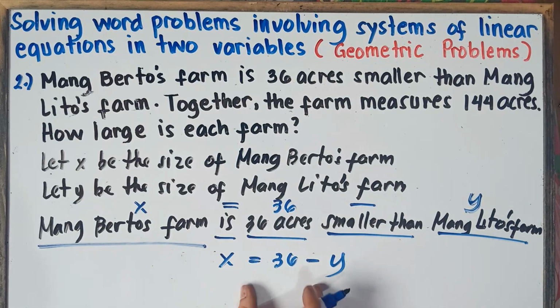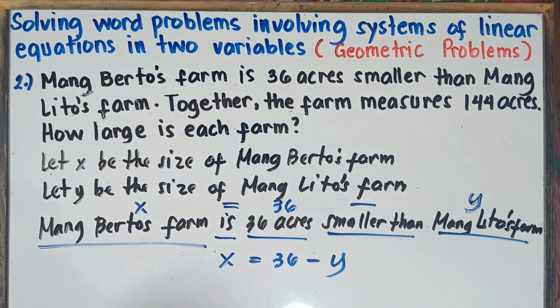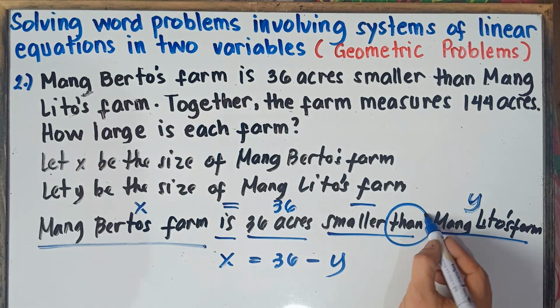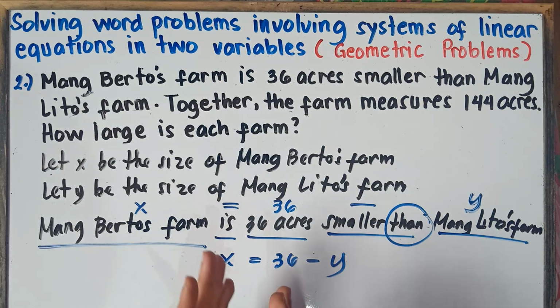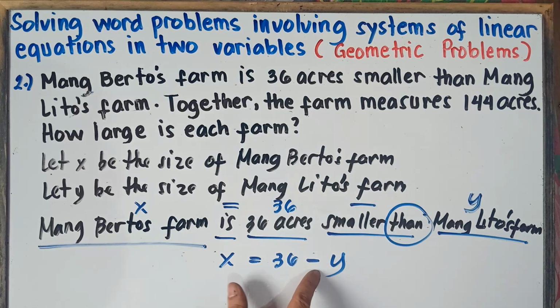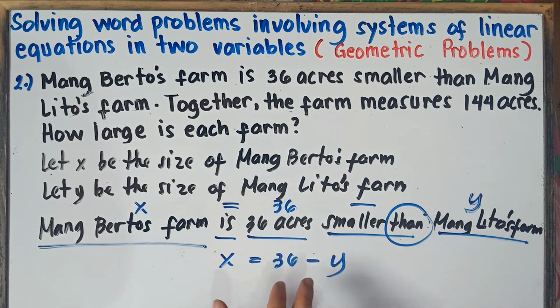Nope, this is not the correct equation, class. Why is that, sir? Because you have this word "than." If you have longer than, more than, less than, smaller than, you should do it in reverse. Be careful with this, especially in subtraction. If this is your equation, 100%, you will commit a mistake.